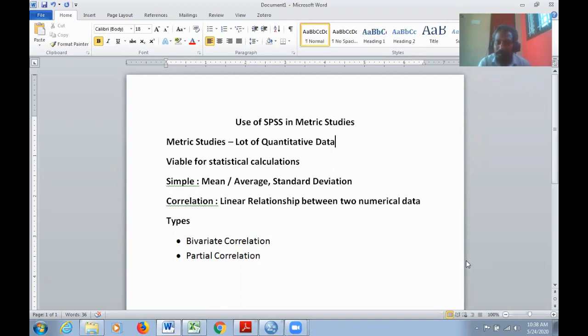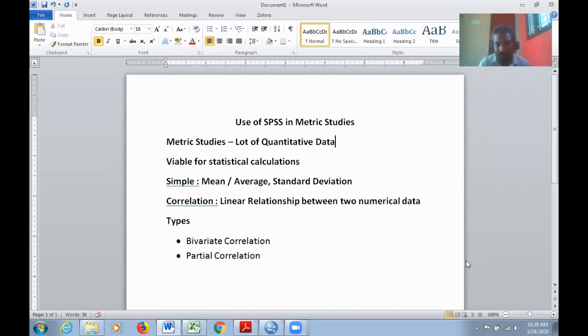And in this presentation, we would like to give a demo on how a statistical package can be used in metric studies. And you know very well, when we talk about scientometrics or bibliometrics, we talk about quantum of literature and we talk about quality of literature. When you have a lot of quantitative data, pretty sure these quantitative data can be put into various kinds of statistical tools. Lot of statistical procedures can be conducted on the numerical data, the quantitative data that we obtain in